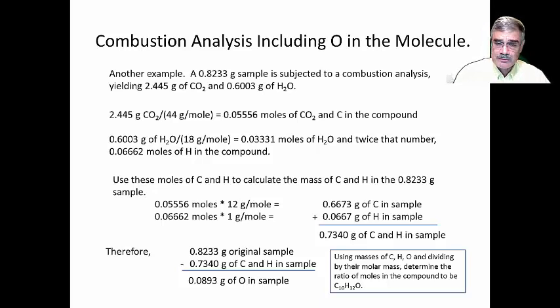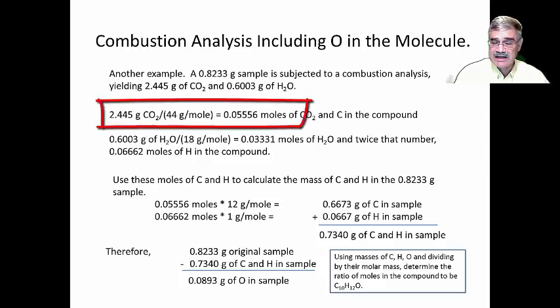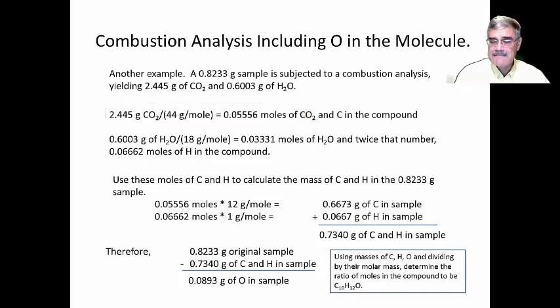So we perform the steps as we did before by taking that mass of carbon dioxide, dividing by 44 to get the number of moles of carbon dioxide, 0.05556 moles of carbon dioxide in the sample. Therefore, there must be the same number of moles of carbon in the sample. And secondly, we take 0.6003 grams of water, divided by 18 grams per mole for water to get 0.0331 moles of water that was produced, and there must then be twice as many moles of hydrogen in the compound. That's